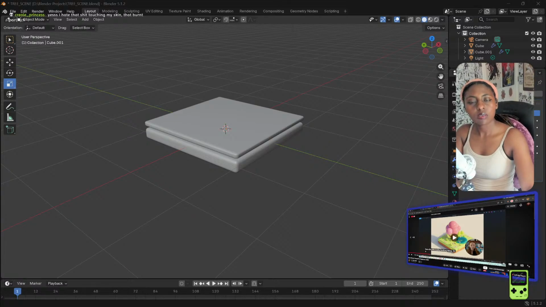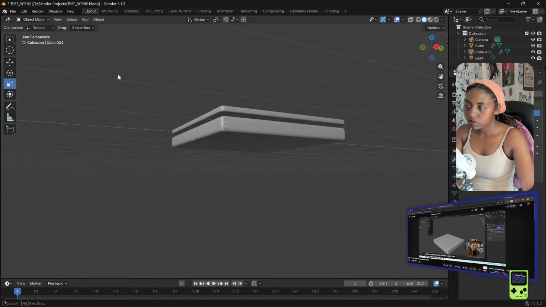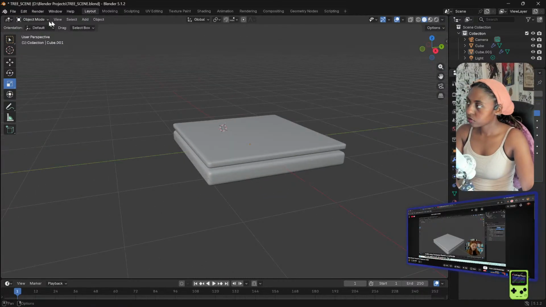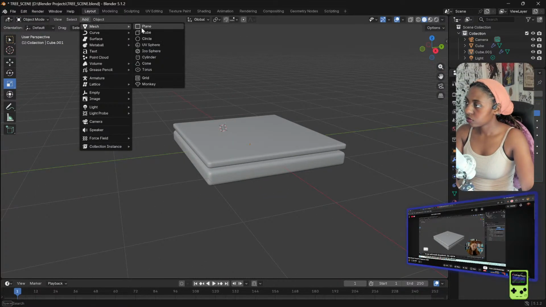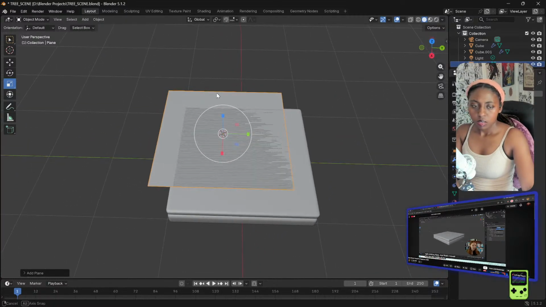Okay. The trunk is like a cylinder, so that's really easy because there's a cylinder in our add mesh drop down. So we're going to move our 3D cursor to about the middle. So all I'm doing is shift and right clicking there, and that's what moves that into the middle of our